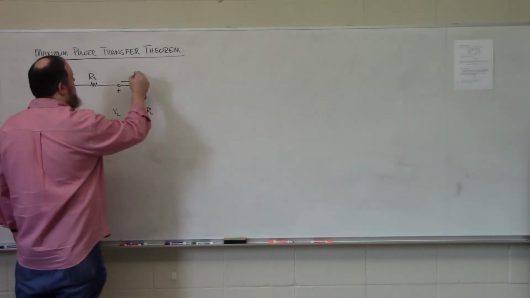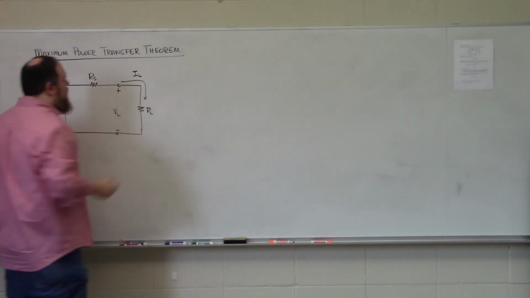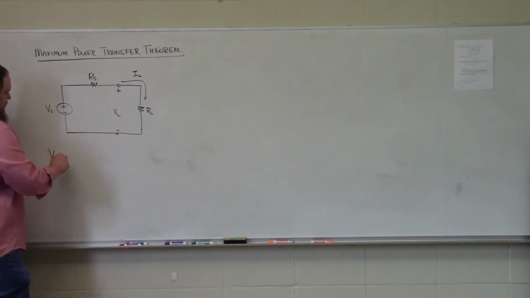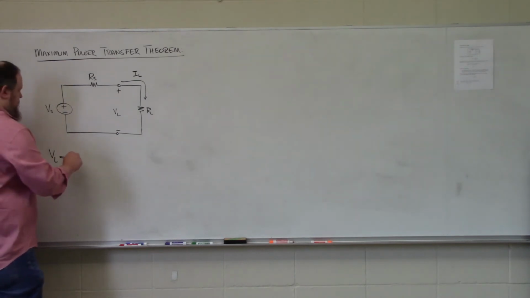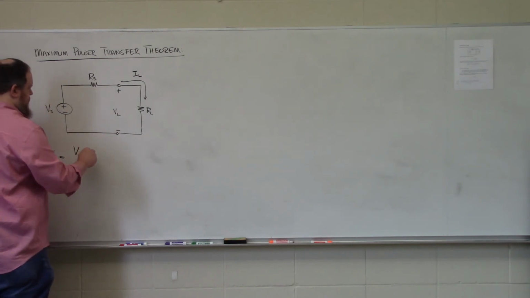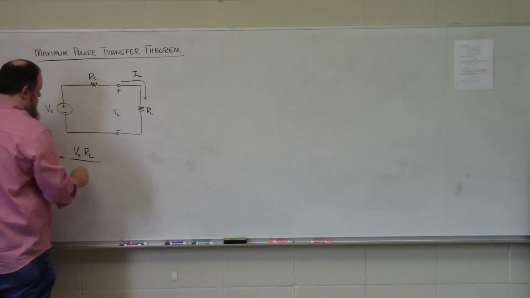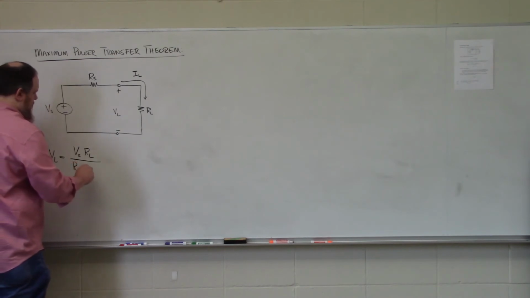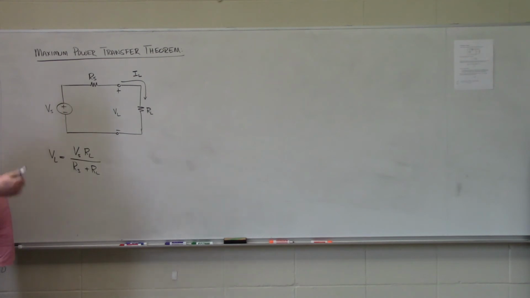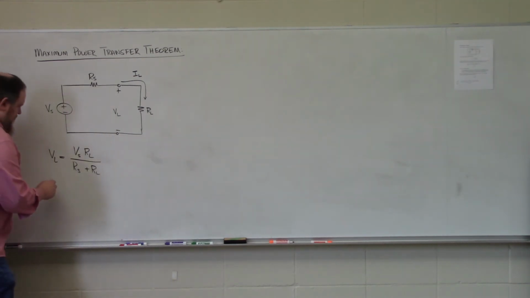The current flowing through the load will be IL, where VL is equal to Vs times RL over Rs plus RL using voltage division,